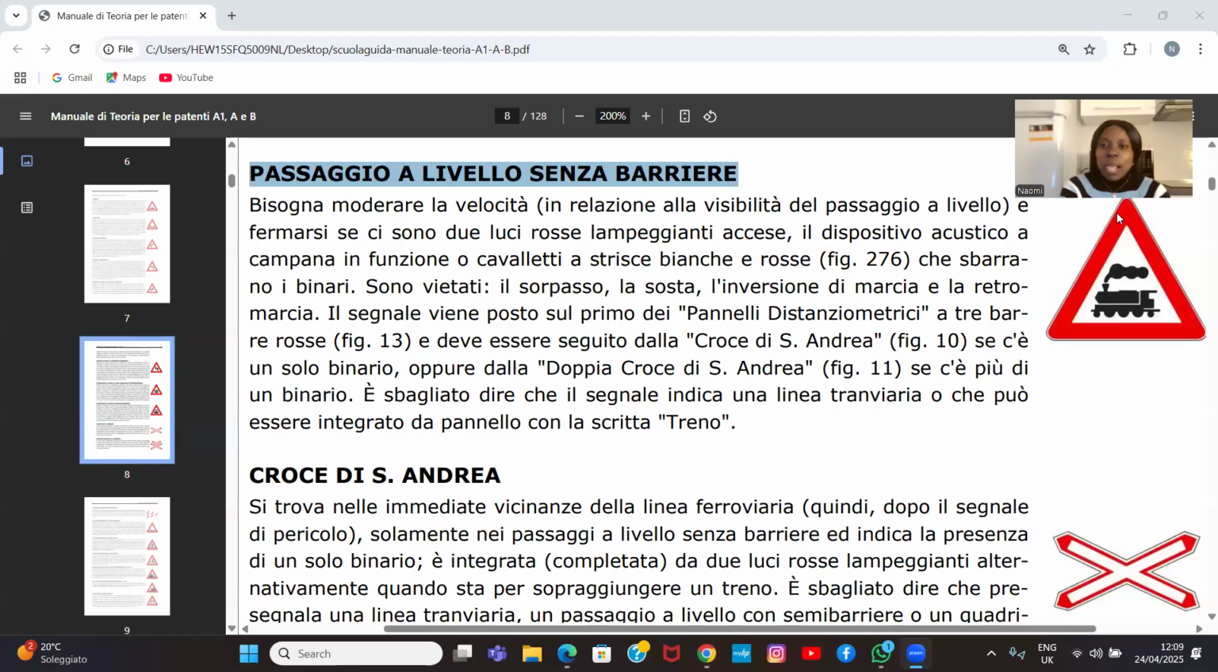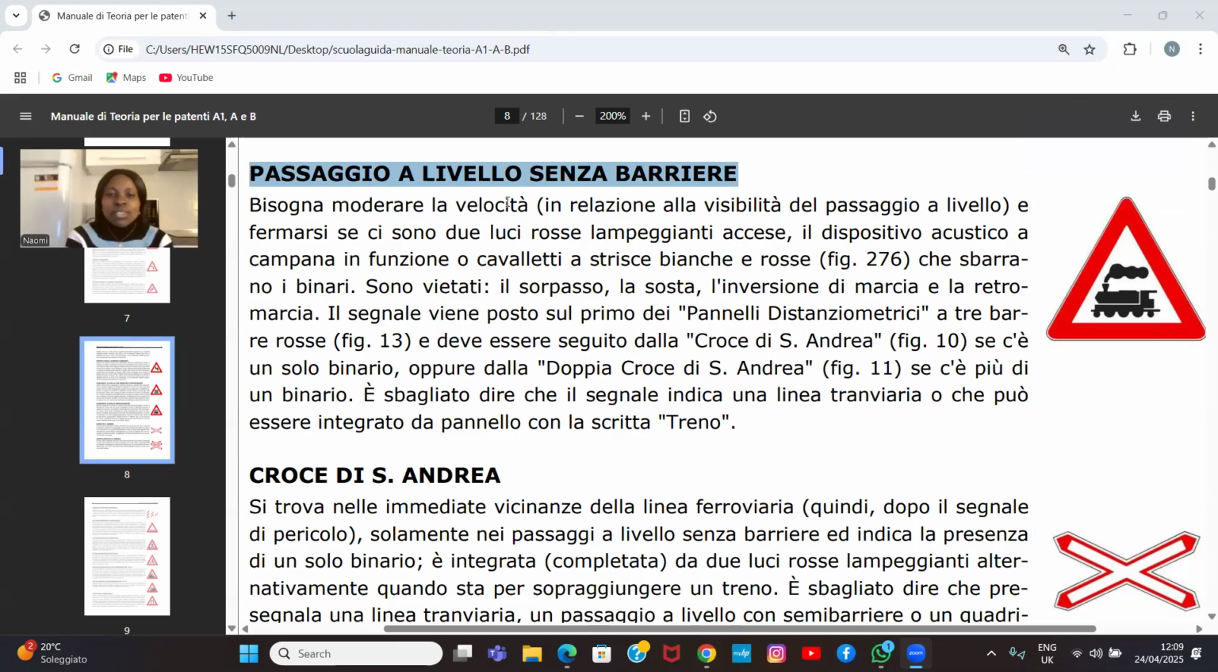We are still on our Segnali di Pericolo, and today we are going to be looking at a new sign, and that is Passaggio a livello senza barriere. Passaggio a livello senza barriere. What does that indicate? It tells you that you're going to come across a train track without a barrier blocking the road. So let's proceed into understanding the rules that we have to observe when we are on such kind